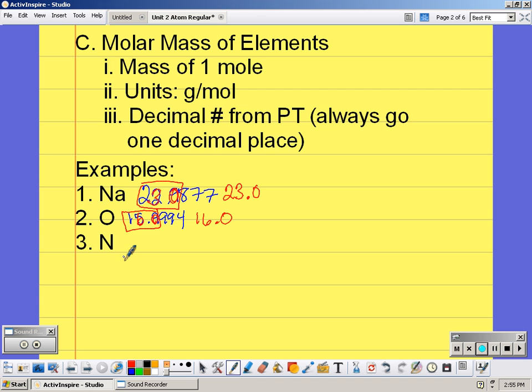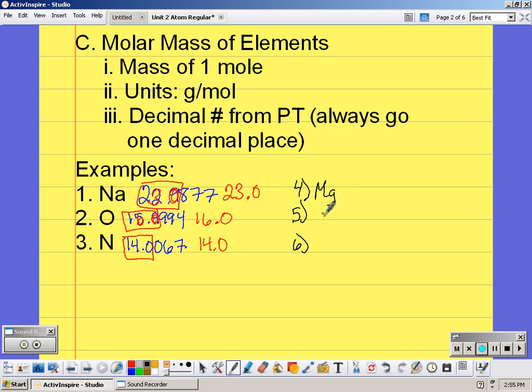For nitrogen, the molar mass is 14.0067. So if we go to 1 decimal place, 14.0, the second 0 is not going to change that 0, so the molar mass is simply 14.0. Now, not all elements have a molar mass ending in 0.0. So if we look at 3 more examples,